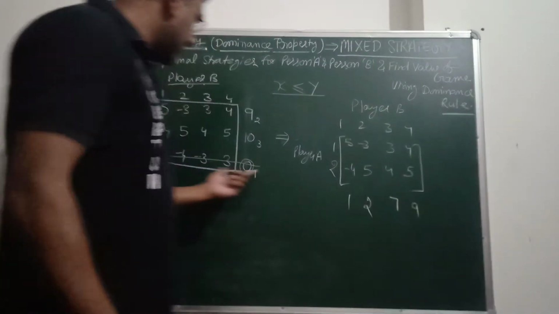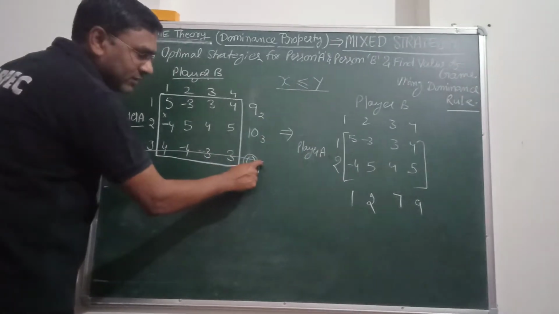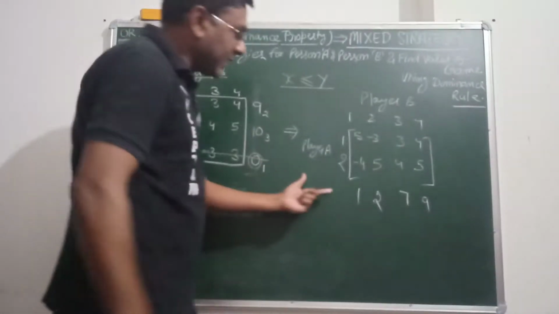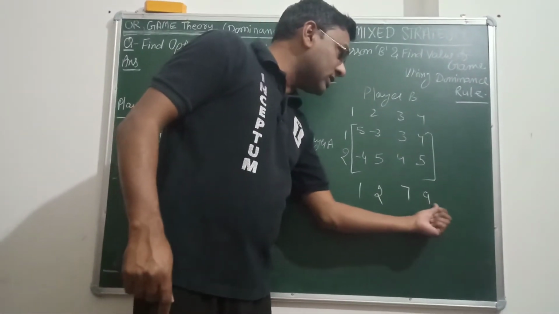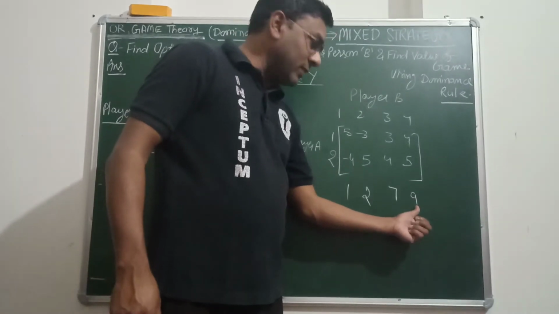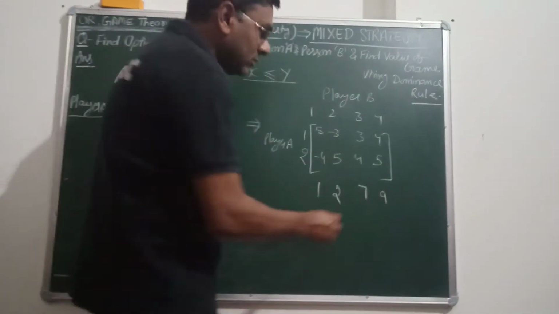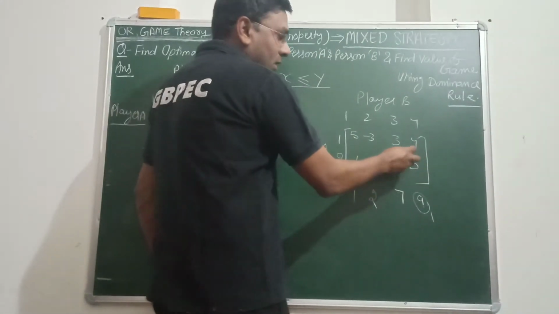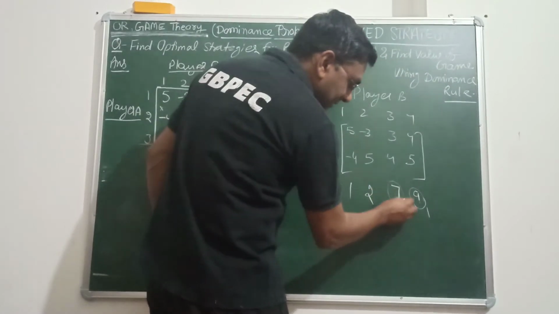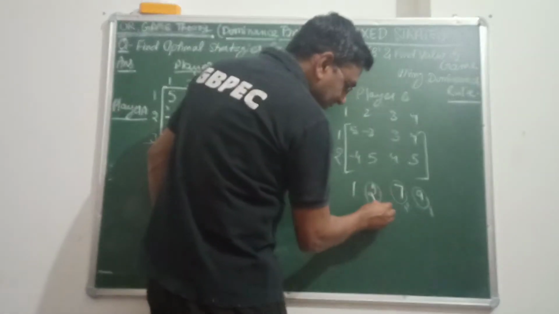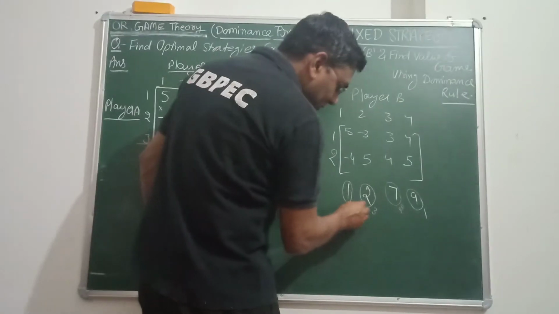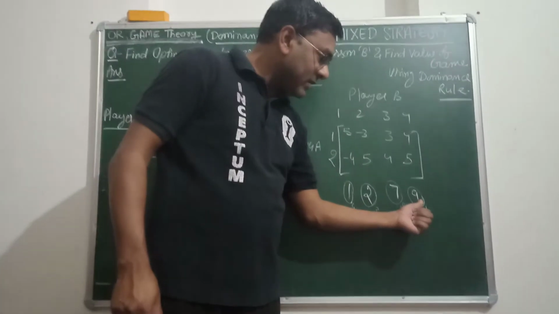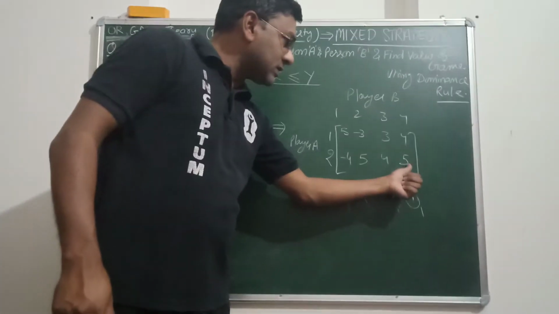Okay, now as you have seen, in case of row, we have given the preference to the value which is having minimum value. But in case of column, we will choose the sum which is having maximum value. So here 9 has the maximum value. Okay, so we will compare this column with the other columns. This is the second maximum value, we can count it as second, this as third, and this is the minimum value, so we will put it as 4. Now as this column has a sum of 9, we will compare the entries of this column with other columns also.